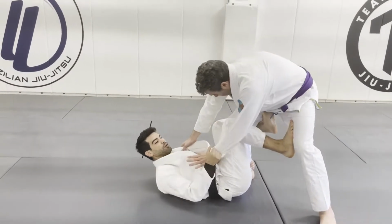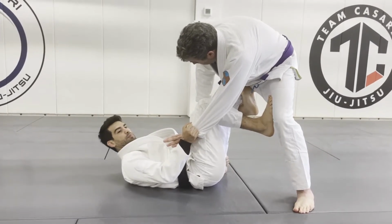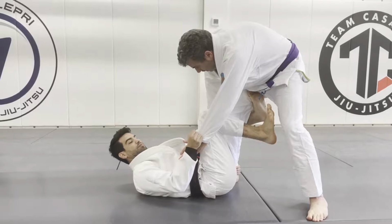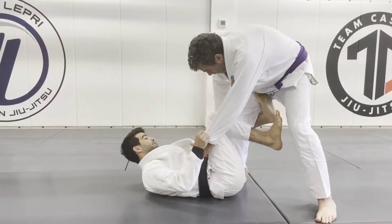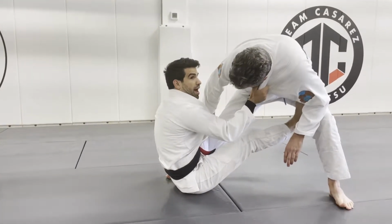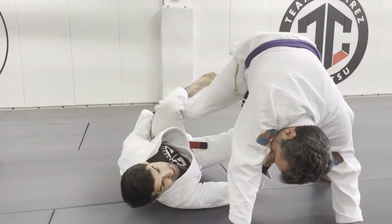Exactly. So my other hand can grab the sleeve. So I have a sleeve grip, heel grip. This foot is always going to be ready to off balance my opponent. So as I off balance him, I could come up and grab the collar, and then now I can start taking him to my side. I drop to my right